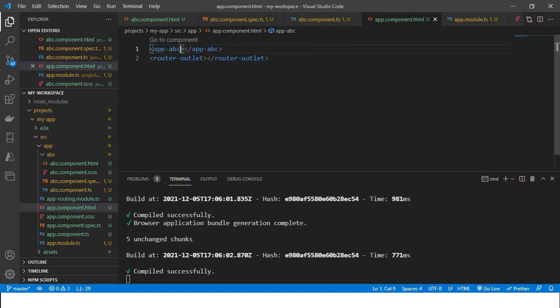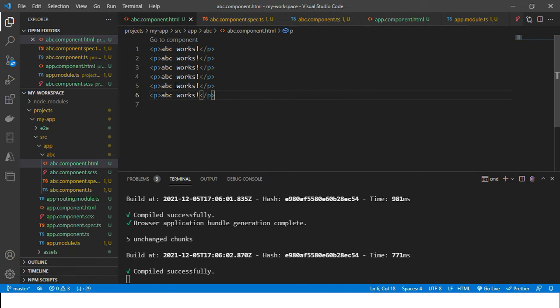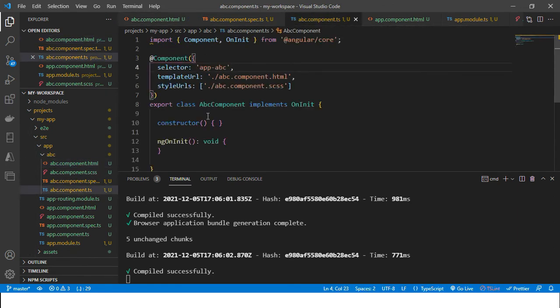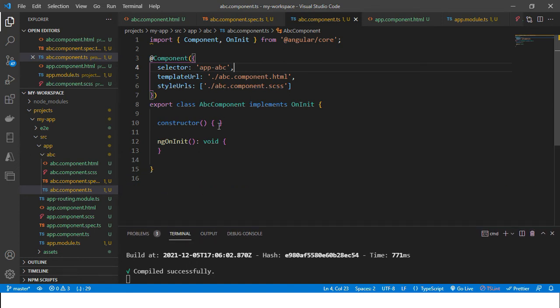When the selector matches with the selector of ABC component, this is the selector, so the instance will be created by Angular for this component. One instance will be created.